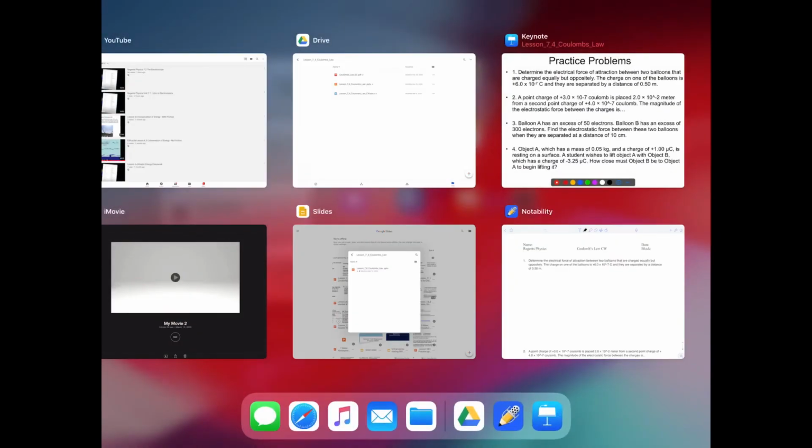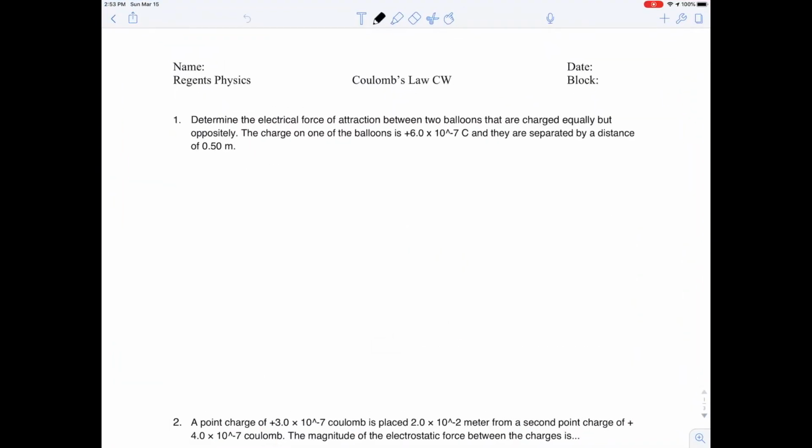Alright, so I'm going to switch over to this guy. Alright, let's do some practice problems. The electric force between two balloons that are charged equally but opposite. So I know I got Q1 is equal to 6.0 times 10 to the negative 7 coulombs, and Q2 is negative 6.0 times 10 to the negative 7 coulombs. And I know I've got R is 0.5 meters,